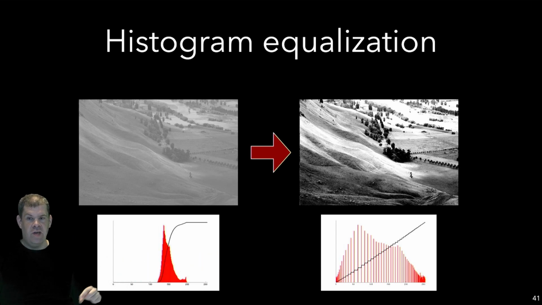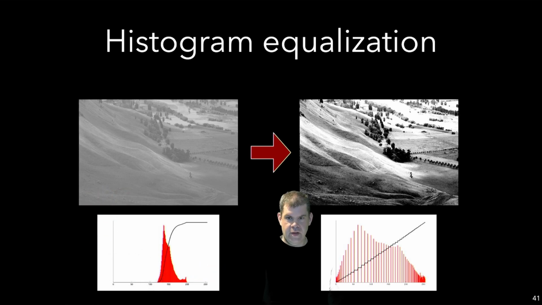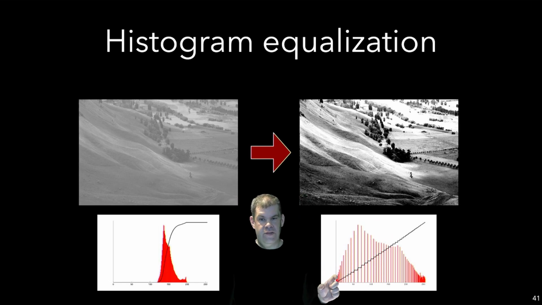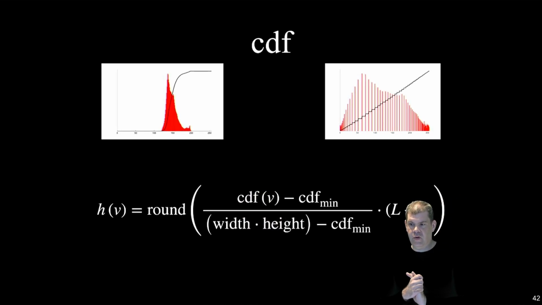And how do I stretch it? Well, every time I have a lot of values, so every time I have a peak, I leave a relatively long gap, right? Notice here. Because when I've already used a lot of values, I have to leave a longer gap so that, say at this point I've used 20% of my values, then I have to wait until I cover 20% of the range before I use the next values. So I simply use the CDF, because it is the sum of all values, to make those jumps. Okay, so in summary, here's the equation for that one, which is probably a little bit more complicated than it looks,